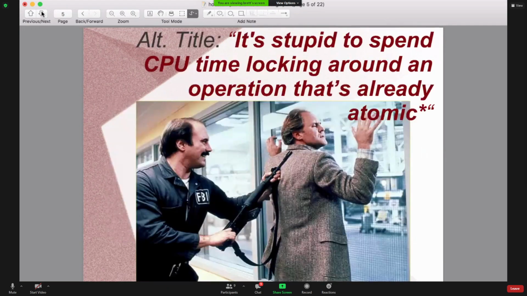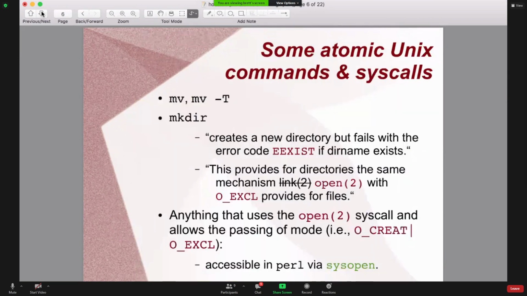So this is my alternate title slide. I think some of y'all can appreciate that, but it drives home the point that there are a lot of things that the operating system and the kernel can do that we shouldn't spend CPU time on. We shouldn't spend programmer time. We shouldn't spend mental cycles trying to develop the logic and reasoning about the correctness. Okay, so